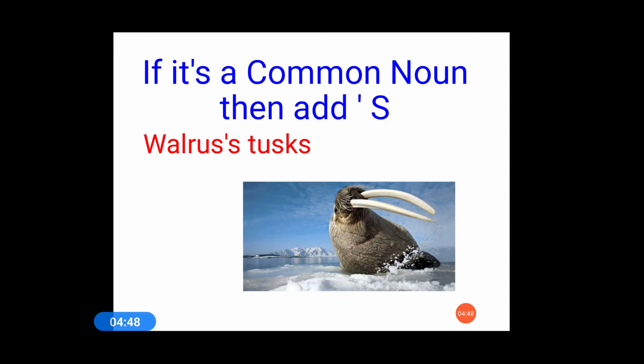So here an example is there: walrus, then apostrophe s, and then tusks. Walrus is what? It's an animal. A picture is there. And what does it have? It has tusks. I want to show the possession. So just remember one thing, because there is no hard and fast rule in English grammar on where to use it for common noun or proper noun, it is for our convenience that whenever I find a common noun, I make use of s apostrophe s. So how am I going to pronounce it? Walruses' tusks. So we can identify that walruses' tusks is a common noun.